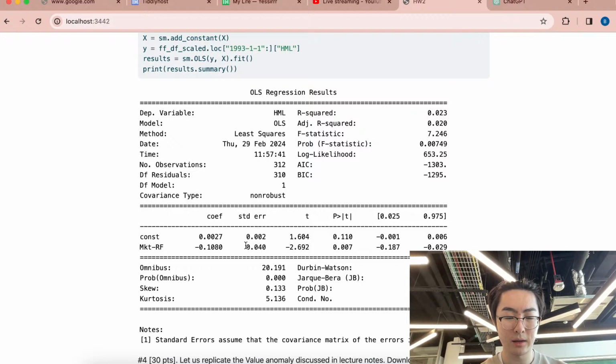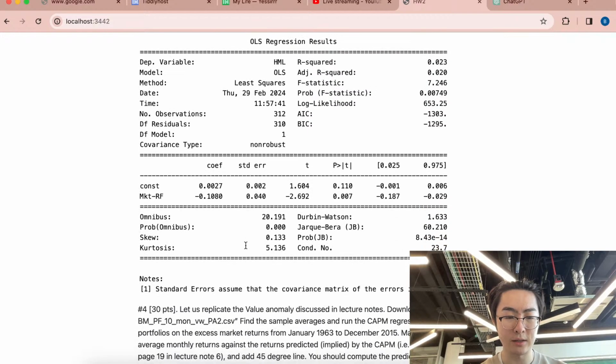It's only really the betas that have changed. So if the beta is now negative,